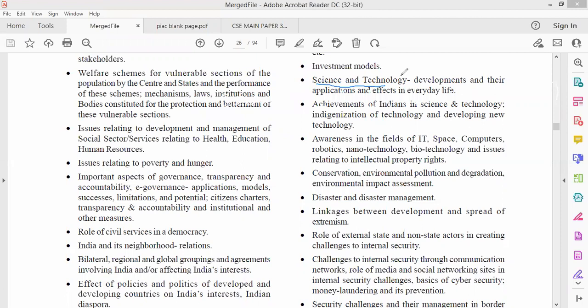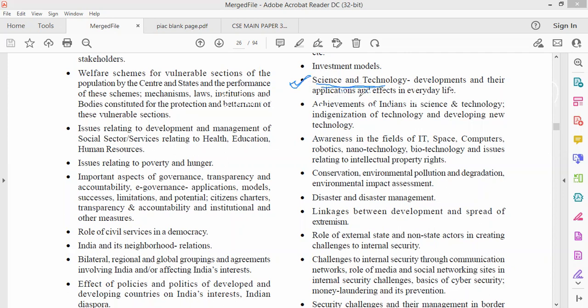There is n number of research and development taking place in every field related to technologies, and it is impacting your personal and social life also. That's why science and technology has played an important role in the development of an individual and of society. So that's why it has been included in your